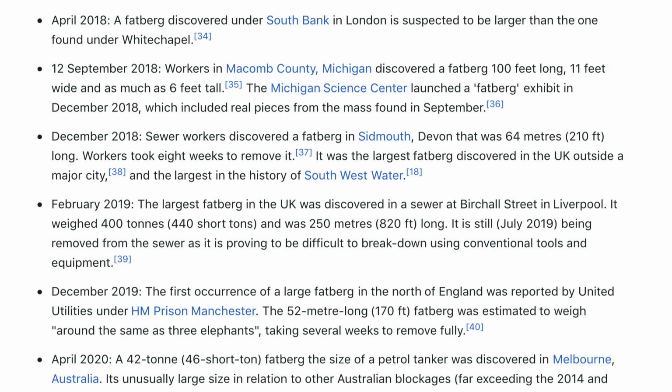April 2018. A Fatberg discovered under South Bank in London is suspected to be larger than the one found under Whitechapel. 12 September 2018. Workers in Macomb County, Michigan discovered a Fatberg 100 feet long, 11 feet wide, and as much as 6 feet tall. The Michigan Science Center launched a Fatberg exhibit in December 2018, which included real pieces from the mass found in